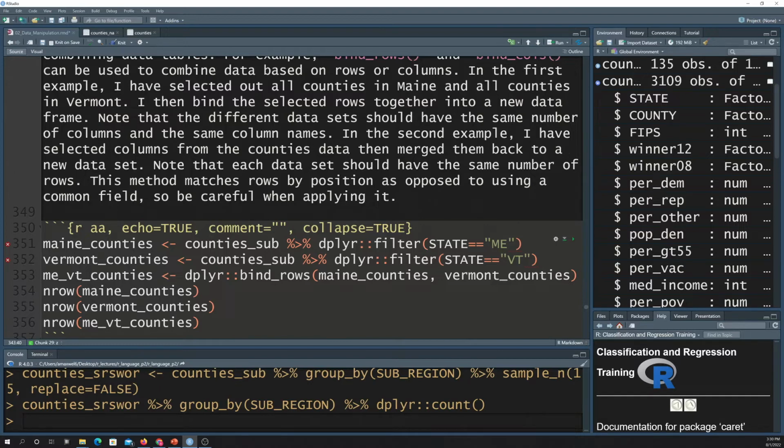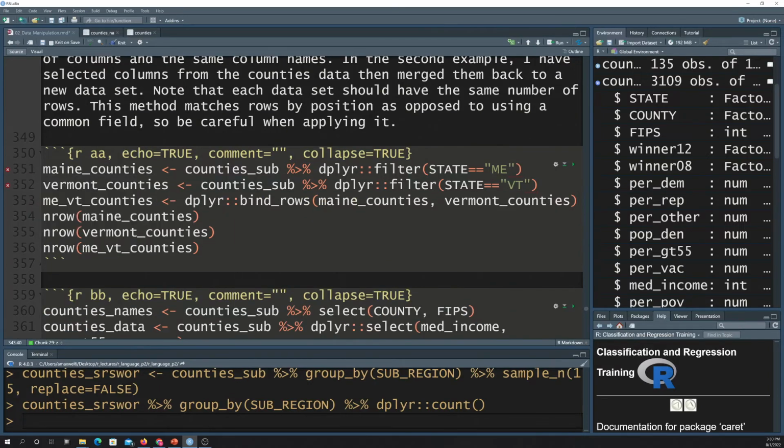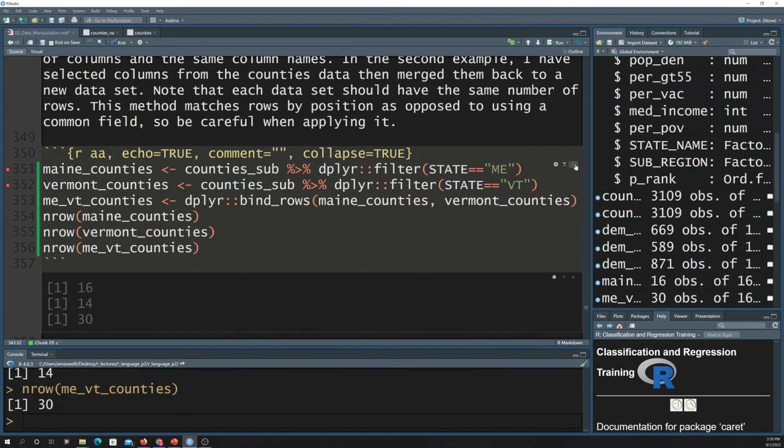And then bind columns basically is if you have the same rows, it binds on new columns based on the order or the index. Now, I'm not sure why I've got a... Let's see what the issue is here. I don't know why it says there's a warning there because it ran. So in this example,